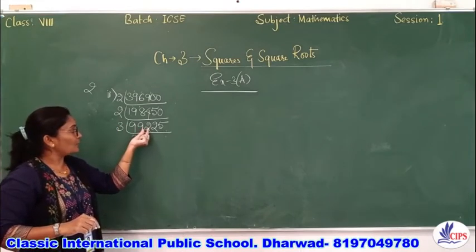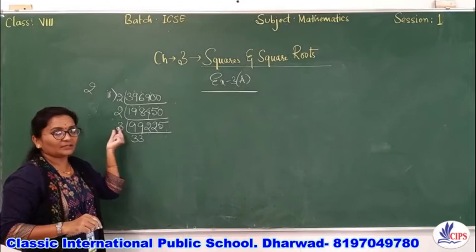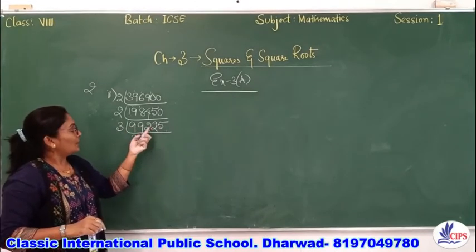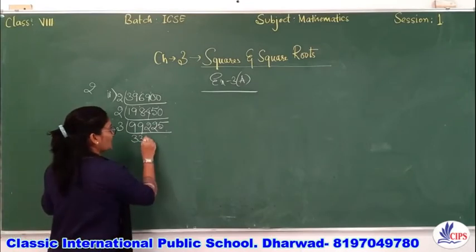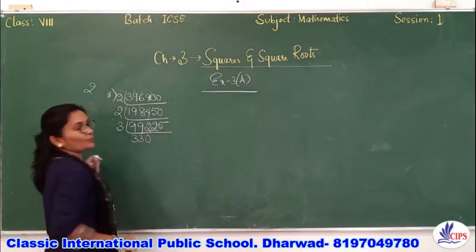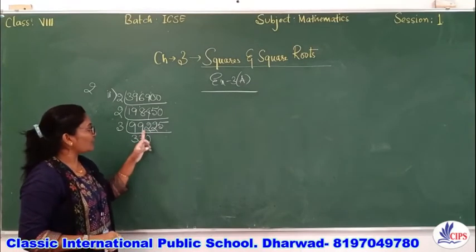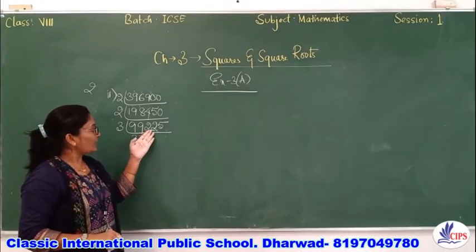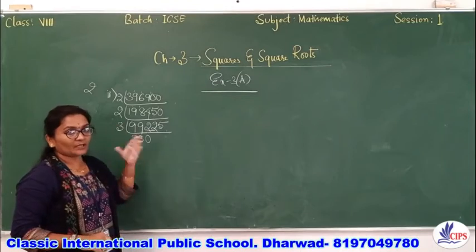We don't have 2 in the 3 table because it is smaller than 3. So we need to take the next number also. Instead of this number, I'll put a 0 and then take this 22 together. I put a 0 because this 2 was not divisible and I have taken 22. Now as 22 is not there in the 3 table, we have to take a number less than that.